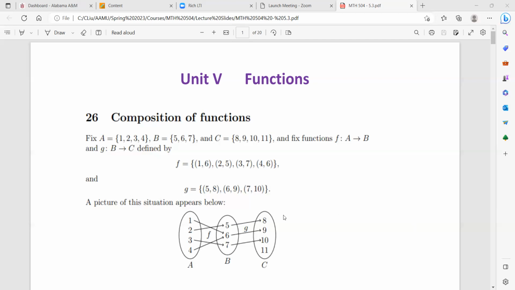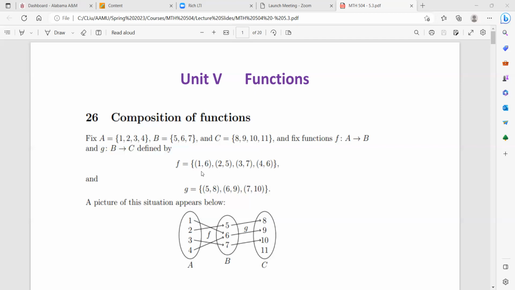If we start from an example, suppose we have 3 sets, A, B, and C. Set A has 4 numbers, 1, 2, 3, 4, and set B has 3 numbers, 5, 6, 7, and set C has 4 numbers, 8, 9, 10, 11. And we define 2 functions, f from A to B and g from B to C in the following way